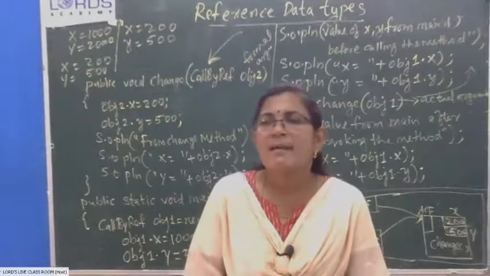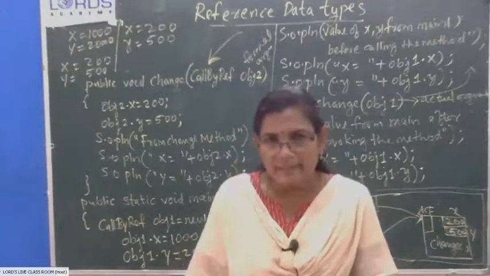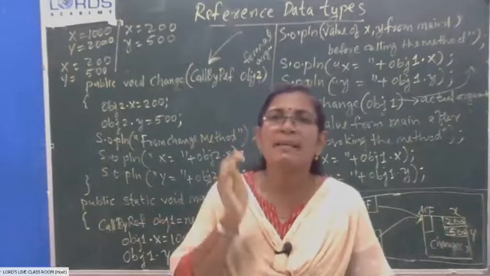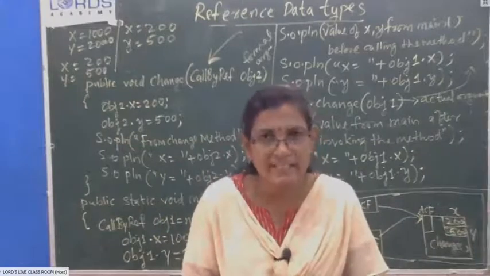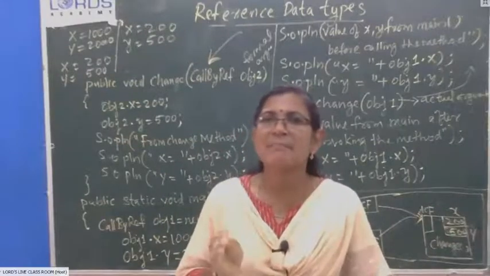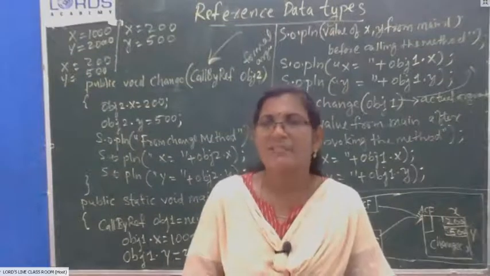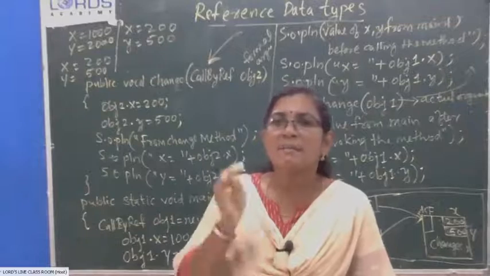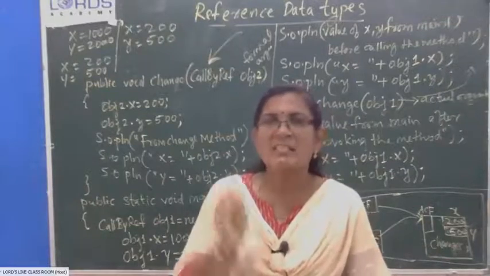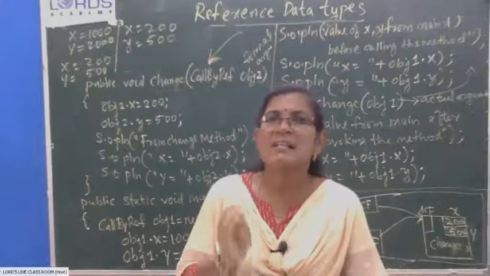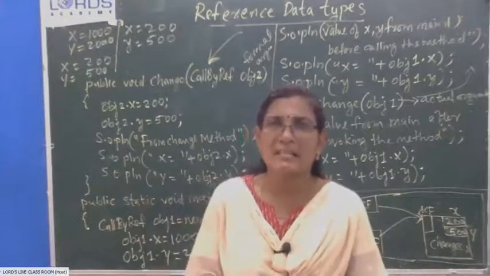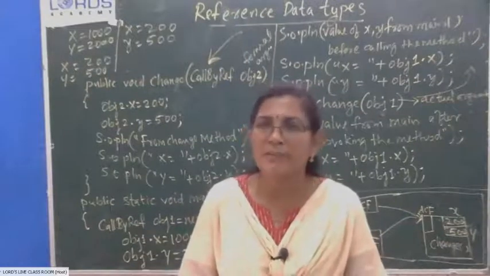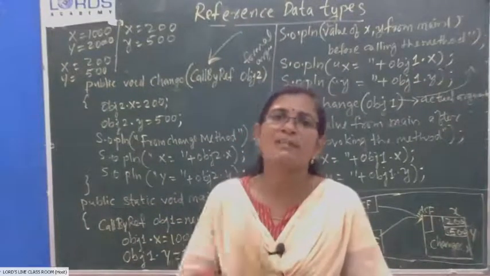The second point is, in call by value method, the changes made by the function will not be reflected in the original data. The original data will remain unchanged. Whereas under call by reference, you write: in pass by reference method, changes made by the function are reflected in the original data. So the original data will get changed in the call by reference method. Only these 4 points you have to study.